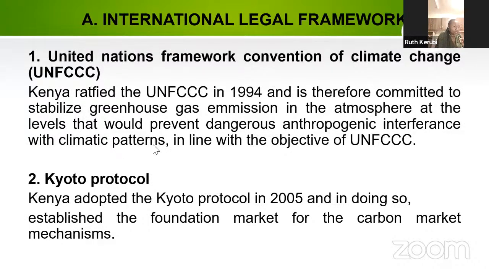And the Kyoto Protocol established mandatory greenhouse gas, that is GHG, emission reduction targets for both industrialized and developing countries, to be achieved in the first commitment period of 2008 to 2012, with the aim of reducing their emissions by 5%. There was flexibility provided to Annex 1 countries under the Kyoto Protocol in order to meet their targets by allowing for international emissions trading. So, the Kyoto Protocol establishes the foundation for the carbon market mechanism.